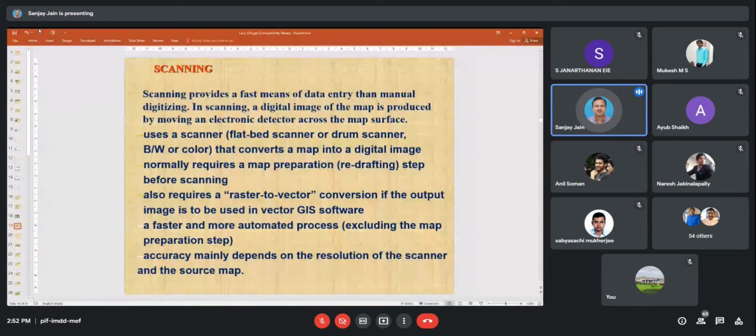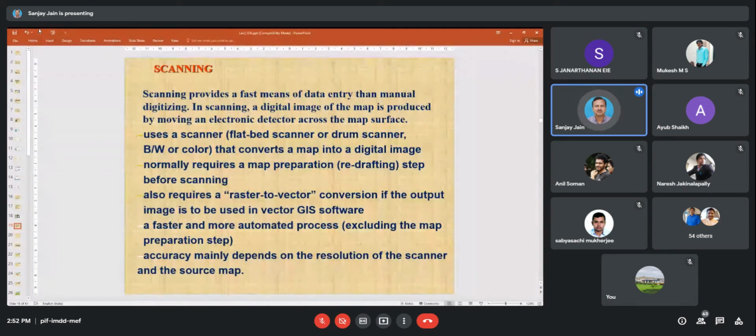As I said, highly sophisticated scanners, including large size scanners, are now available. So we have to scan the data. Scanning provides a faster means of data entry than manual digitizing. In scanning, a digital image of the map is produced by moving an electric detector across the map surface.